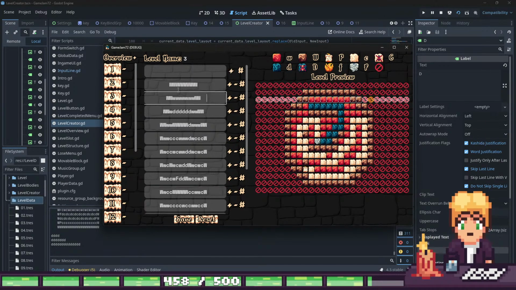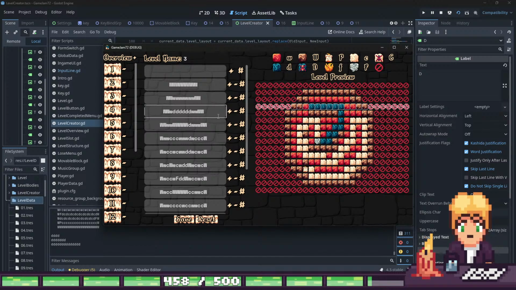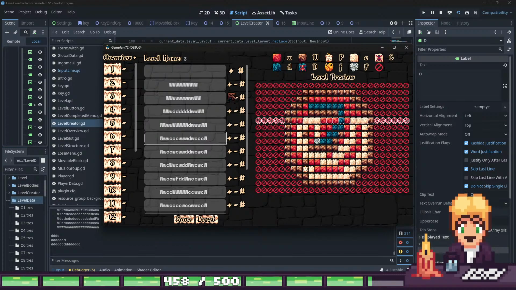When we tab from here to the next line, it first will go to the next UI, and then it will do the own written tab function, which is fine, but it's not how I want it